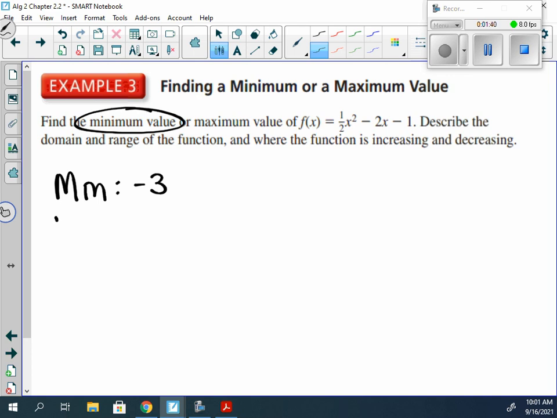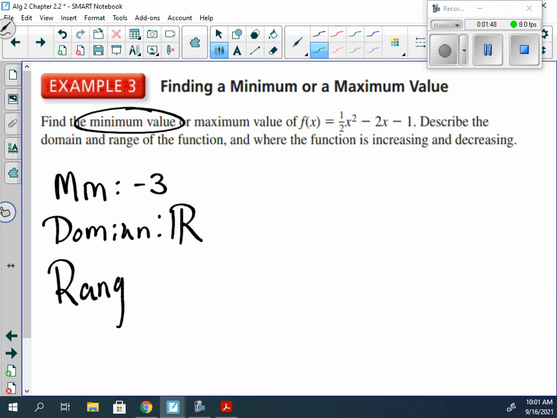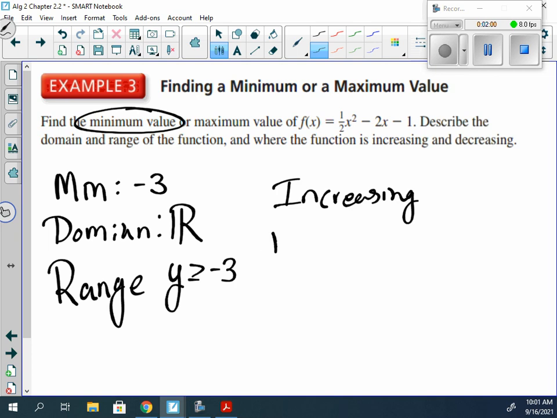Describe the domain. The domain was all real numbers. The range was y is greater than or equal to negative 3. Now, increasing and decreasing